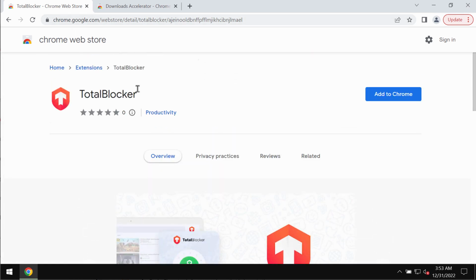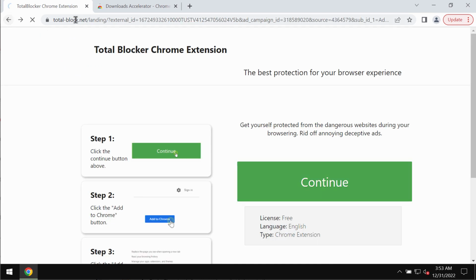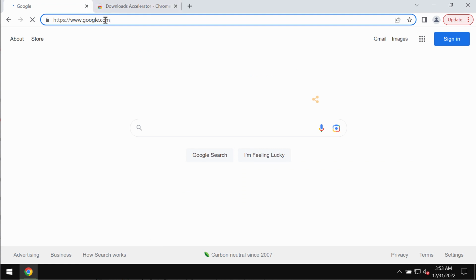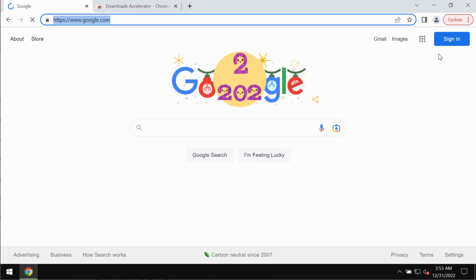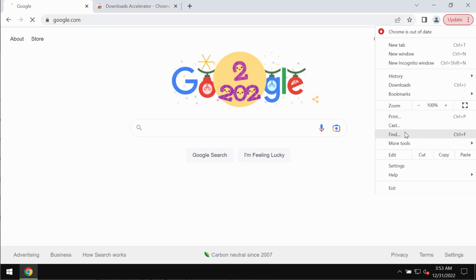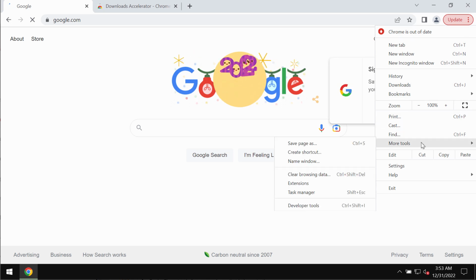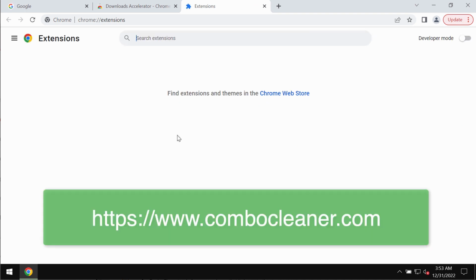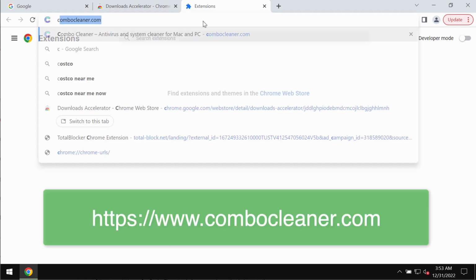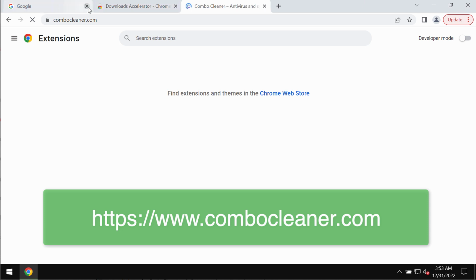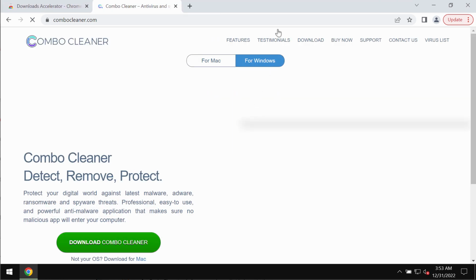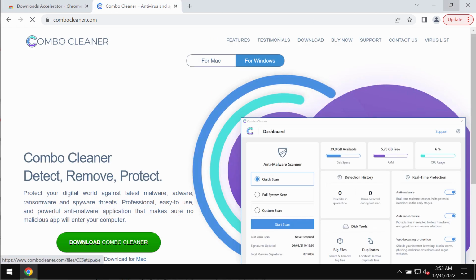So we recommend you to treat this extension, Total Blocker, with caution, and not to trust these pop-ups by totalblock.net. Just remove any unwanted extensions if they were installed by accessing the menu, More Tools, Extensions, and then disable and delete any third-party extensions. I also recommend that you research the system additionally with Combo Cleaner Antivirus, which you may get on the page